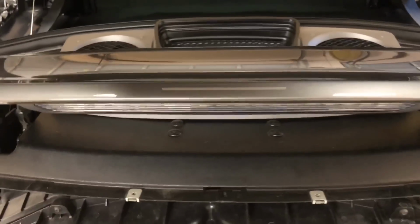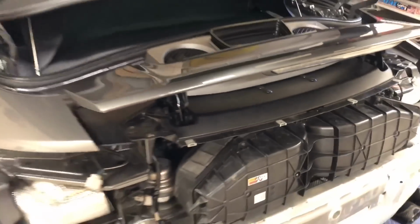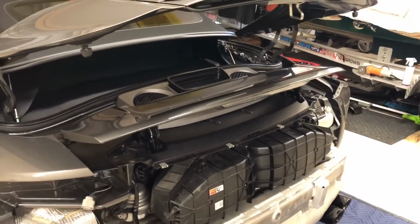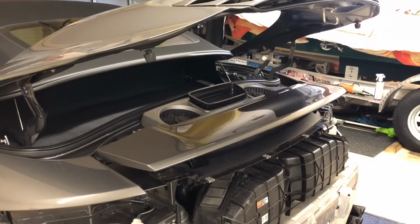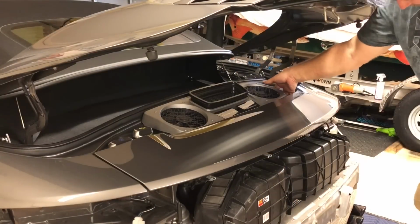So what's next is to determine if I have to take out the wing or not. I know I have to pull those fans out. So what I think I'm going to do is go ahead and lower the wing, pull the fans out, and just keep exploring to see what needs to come out to get in there. All right, I've taken this out before. It's really just held in there with